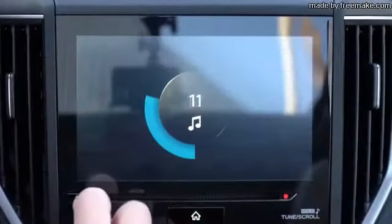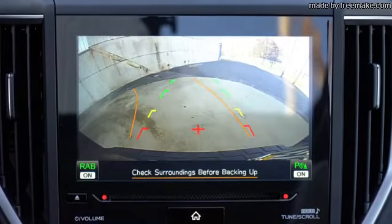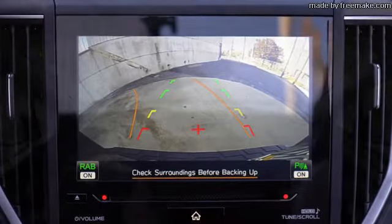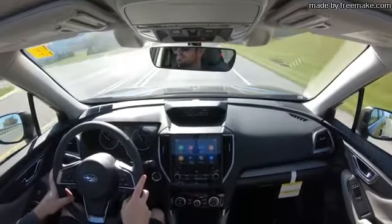So definitely pretty nice. But the last thing I wanted to mention to you guys on that tech display is when you do put the Forester in reverse, of course, you will find a rear view camera coming standard for all trim levels across the board, letting you know who or what is behind you, which is always going to lead us into safety. And so first, starting with safety,